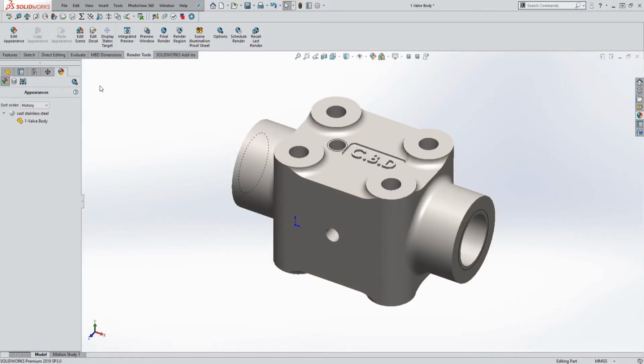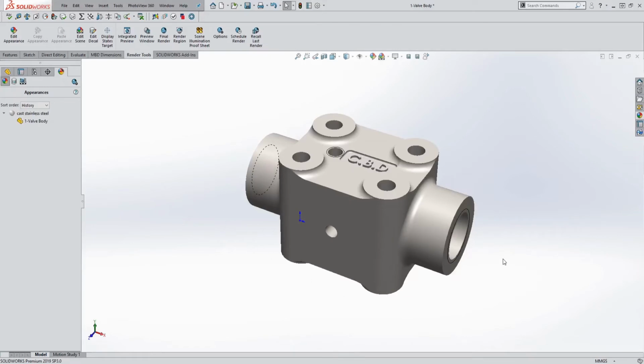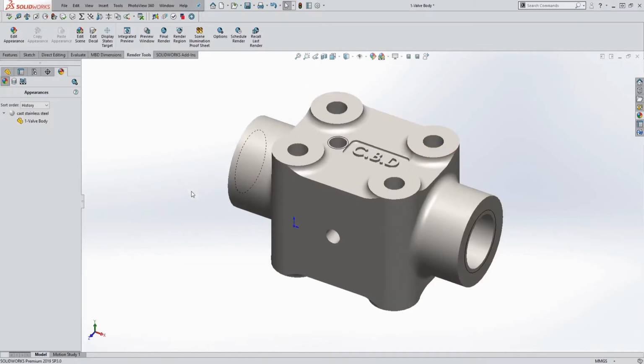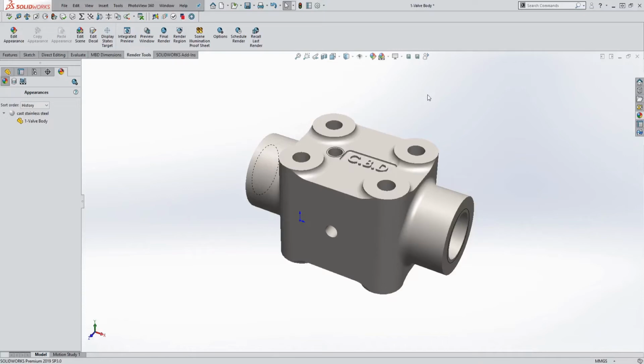Once we are happy with the scene and appearance, the next step is to activate the perspective. From the heads up toolbar, if you expand the view settings drop down, you would see that perspective is not selected. Once you click on that, you would notice the perspective is applied to your model. When we are working with CAD models, we don't want perspective to be active. We just want to look at the model from orthographic projection points of view. But for renderings, to produce more realistic results, we want